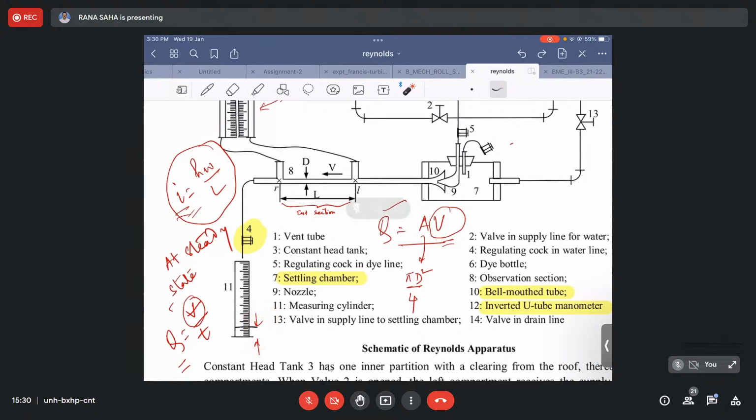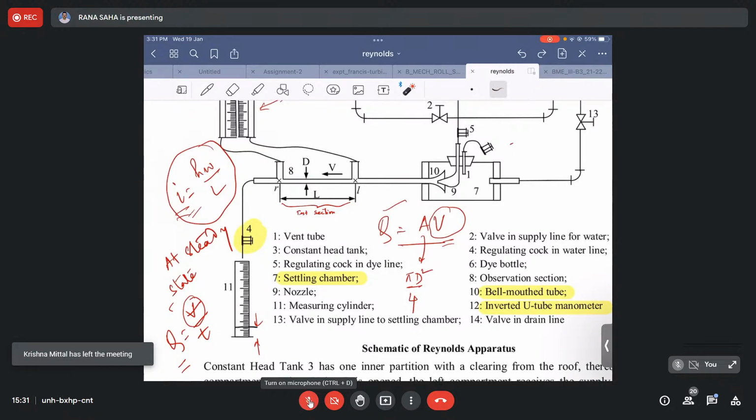Okay, so the time recording and the volume of collection should be done in a synchronous manner, so that you then calculate Q, and from Q you will get V. So that will complete one set of reading, including the visualization. That means whatever you observe, you also need to note down in your laboratory sheet,